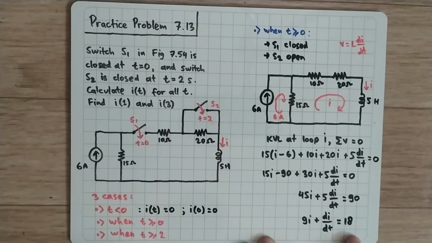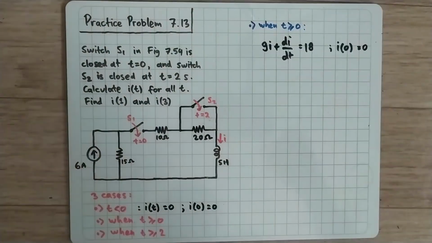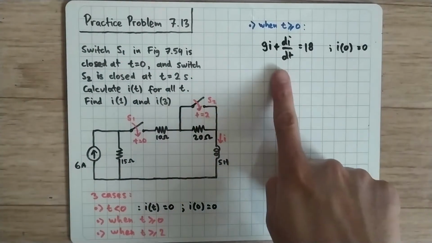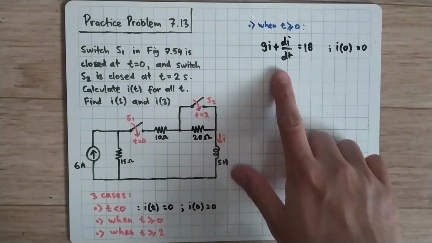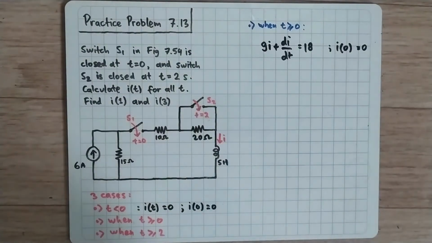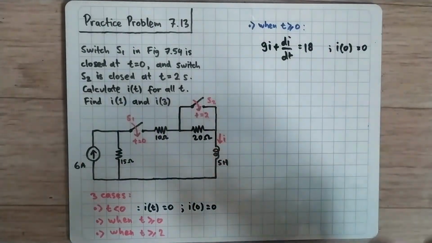Okay, so now we have this differential equation, but we also have that initial condition. So we should be able to solve this. Okay, let's erase the board and solve this differential equation. Now we have this differential equation, and this is the initial condition. I want to solve this differential equation. How? I want to multiply both sides by e to the